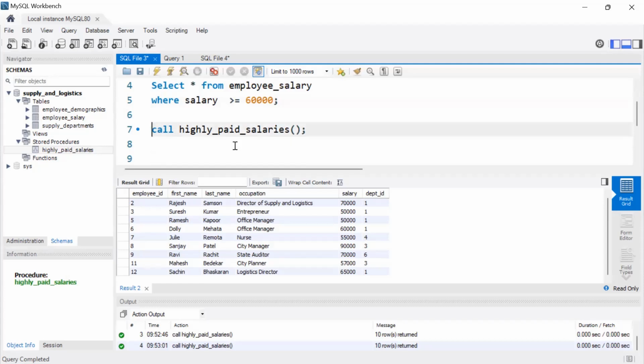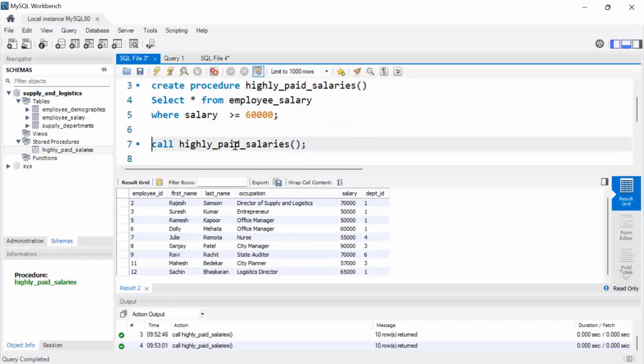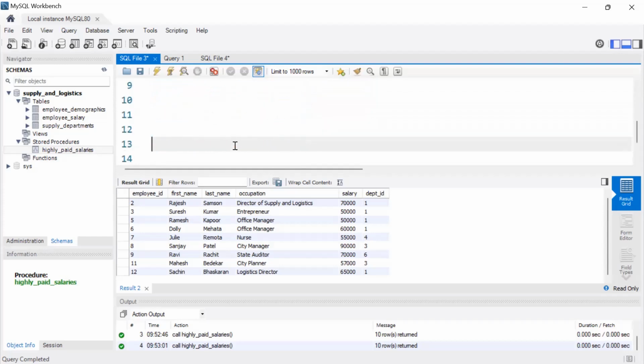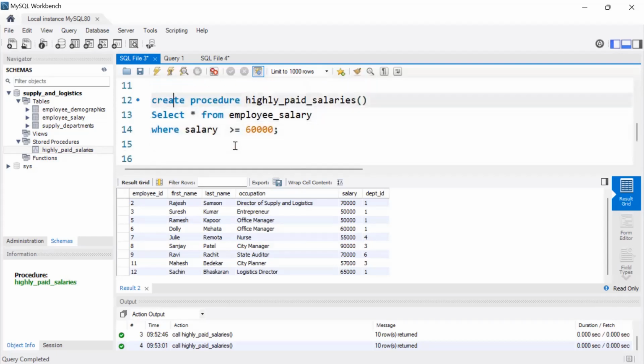Now, what we can do is actually write multiple queries in a single procedure as well. So how to do this? I'm just copying this here, and I will say, let's say test procedure. I'm just giving a name, and here I am getting, let's say, more than 50,000 salary,